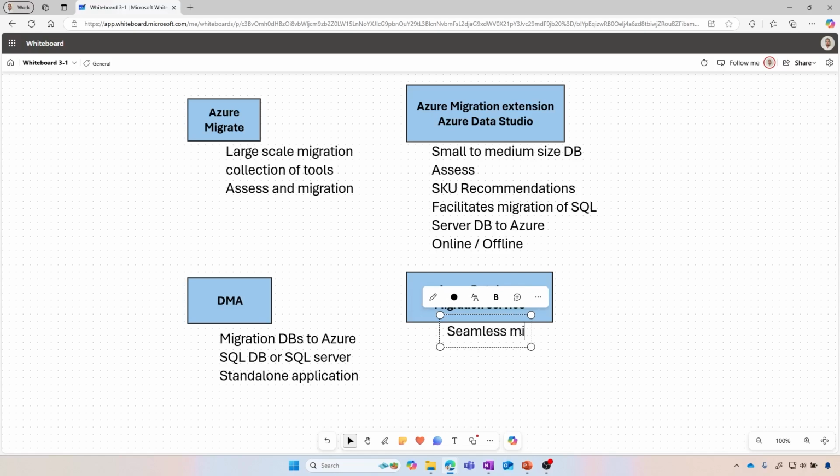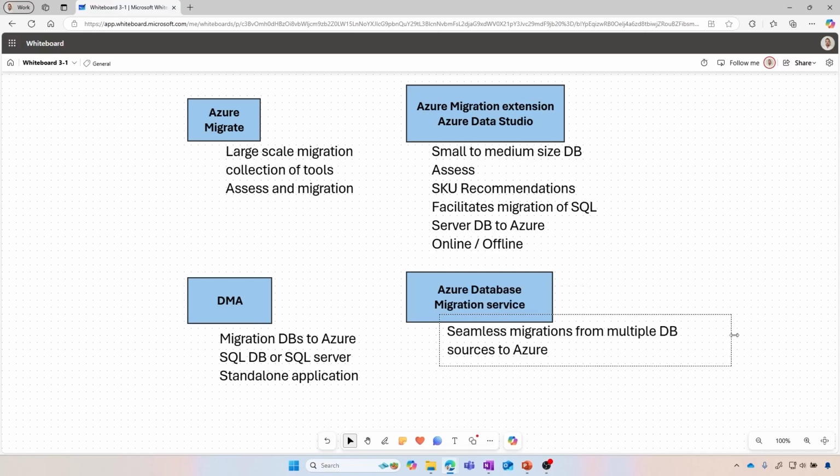seamless migration. Okay, so step-by-step migration guide is going to help you to potentially point from multiple database sources to Azure. Support also the online and offline migration, depending on which one that you want to do.